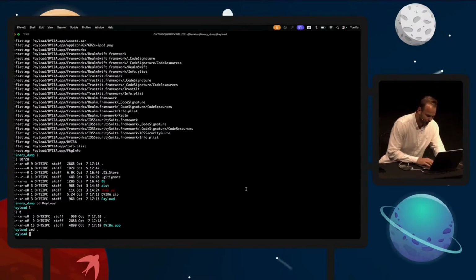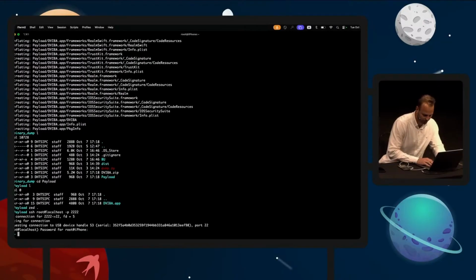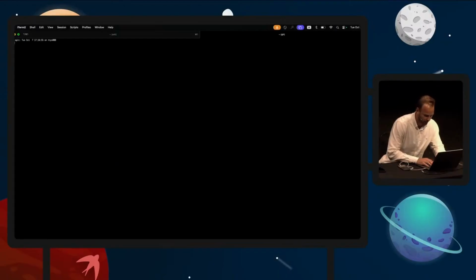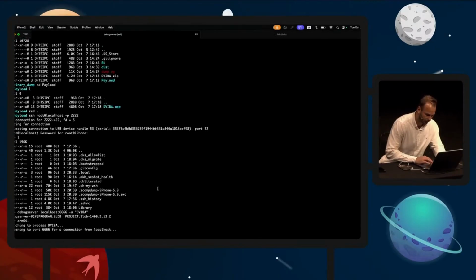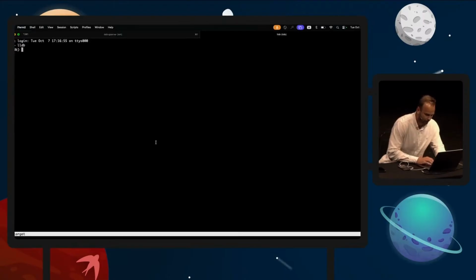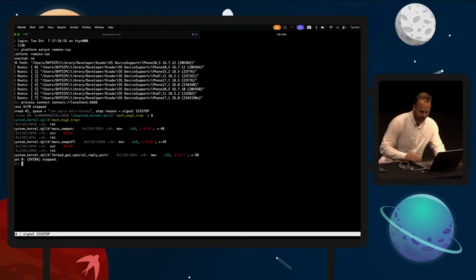So here what I'm going to do is SSH to my device. I'm using port 2222. So I'm logged in as root, so this is the device. And second here, I'm going to start LLDB. Here I'm going to actually have to start the debug server on localhost on the 6s. And now in LLDB, I can do platform select remote-ios, and then process connect on the 6s. And that should hook me into the runtime of Dviba.